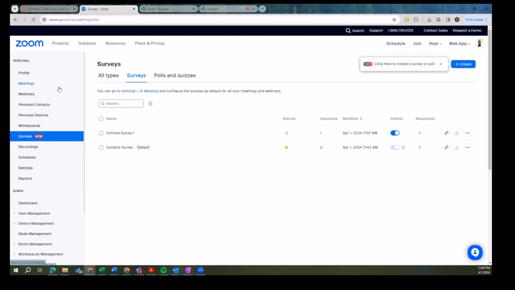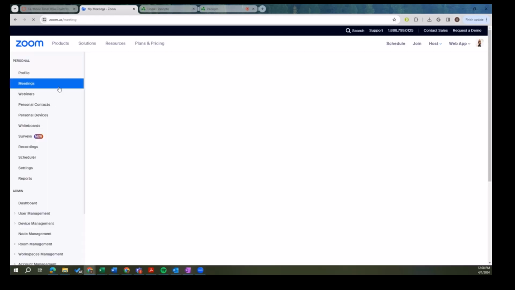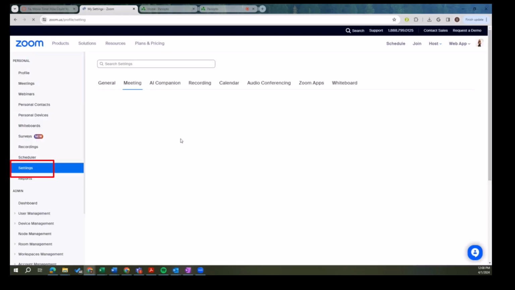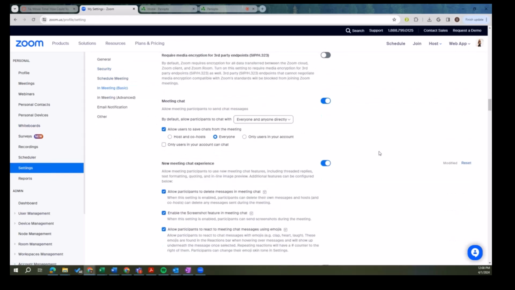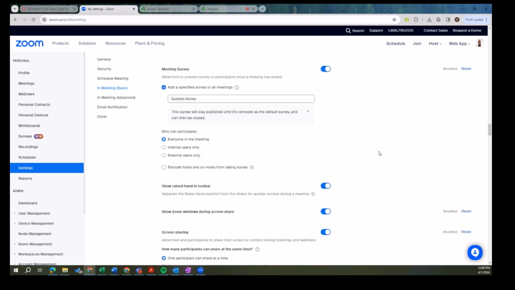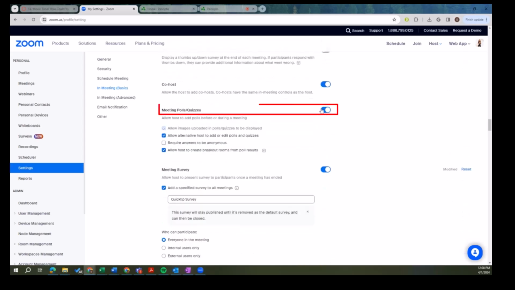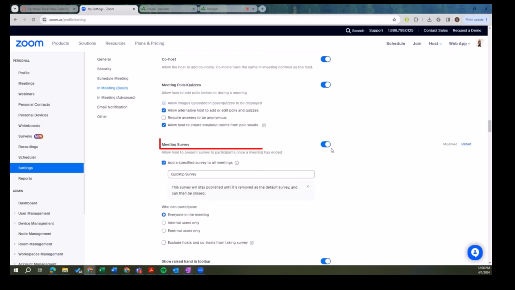Just a note, to enable surveys, you'll have to go to your settings and go to in-meeting basic. You'll want your polls and quizzes to be added if you want to launch a poll. But then you'll want to enable your meeting surveys. This is where it's not so useful. You have to decide in advance what survey is going to be the default survey for all your Zoom meetings.